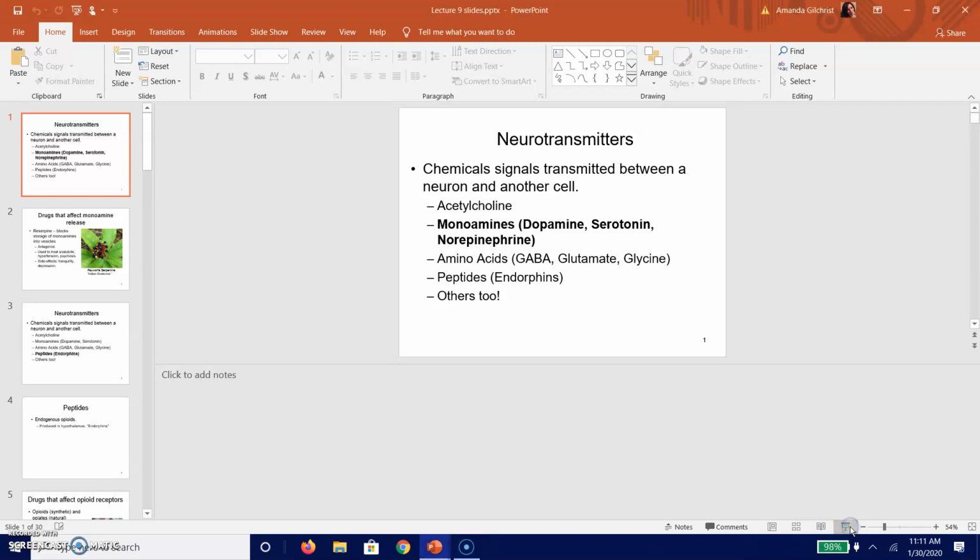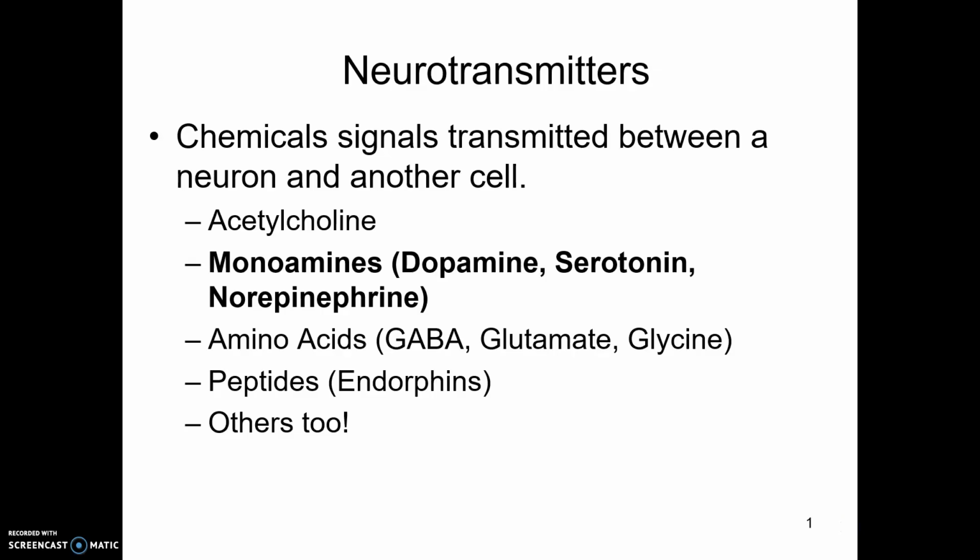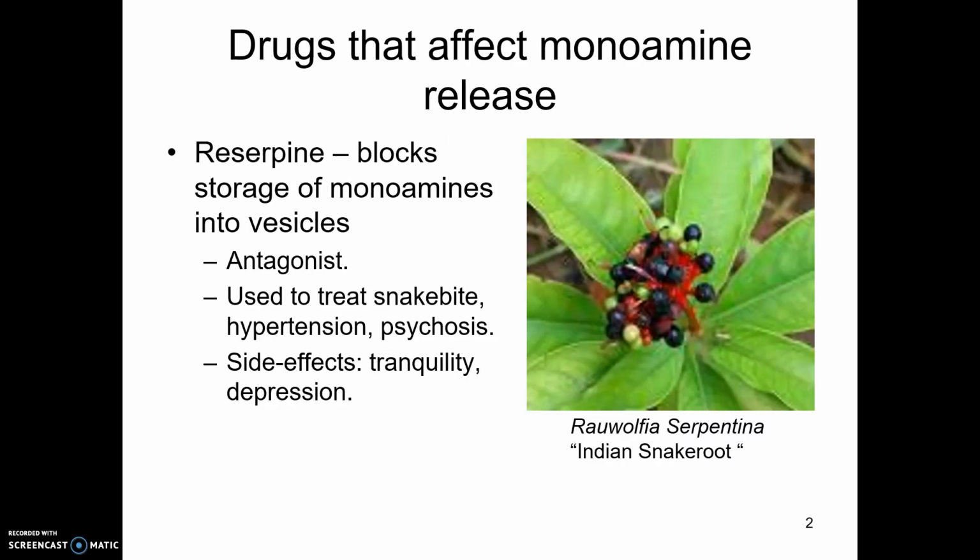Hey, everybody. So, we've specifically been talking about the different types of monoamines and the drugs that affect them. Now, we're going to talk very generally about the different types of drugs that affect the release of monoamines. As I've talked about before, there are some drugs that work by blocking the storage of neurotransmitters into vesicles. In this case, because the neurotransmitters are not being stored in vesicles, they basically get metabolized by enzymes inside the neuron, and they're never going to be able to be released.